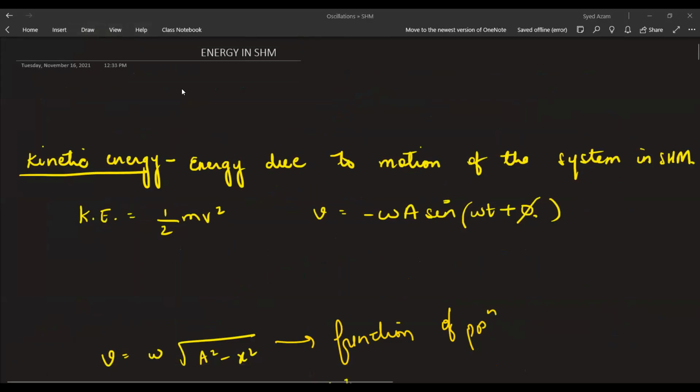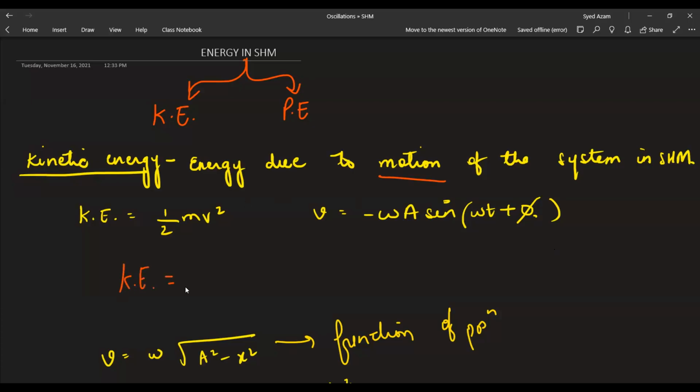Okay, coming to energies in SHM. Energy, you have the kinetic energy and the potential energy. I'll start first with the kinetic. Whichever energy is due to change in motion of the body, it is called kinetic energy. And the formula that we have been using is half m v squared. Now, in order to convert this, see, velocity's equation is minus omega a sine omega t plus phi. If we put it, kinetic energy will become